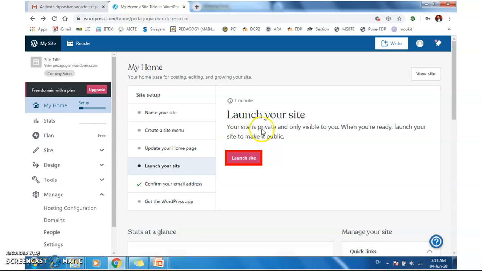Here a new message will pop up that your site is private. It is not available for anyone, as it is only visible to you. Why? Because we have not launched our site. So to launch the site, you have to click on the Launch Site button.